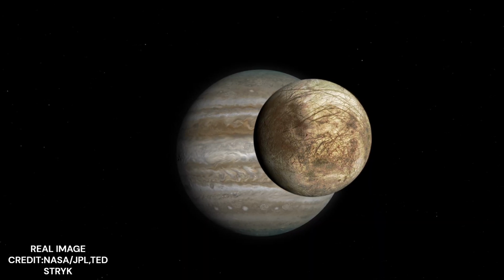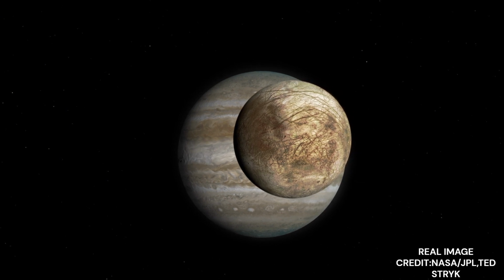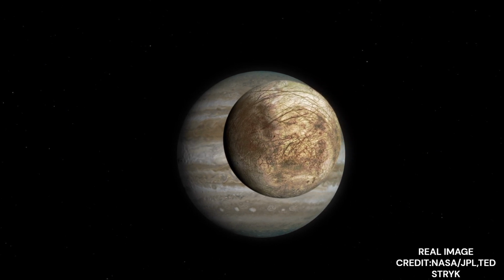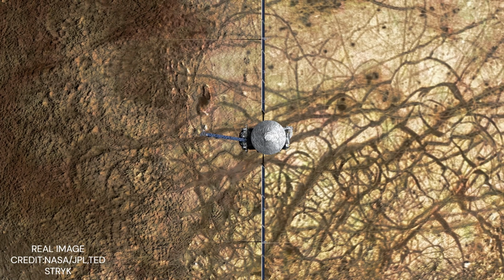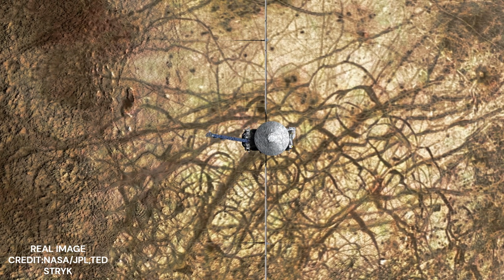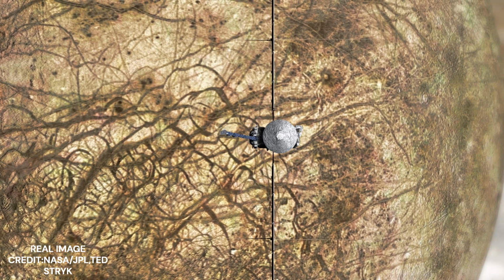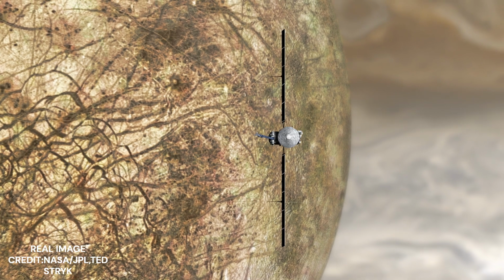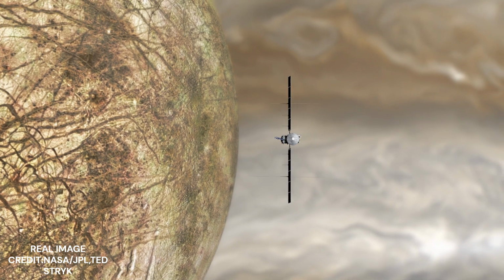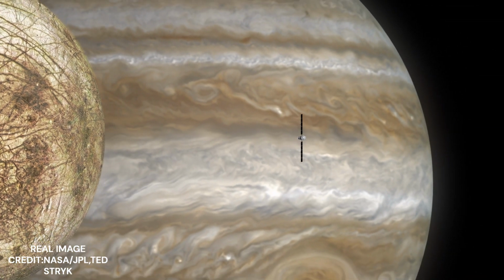To uncover Europa's secrets, NASA's Europa Clipper will embark on a groundbreaking mission. Instead of landing, the spacecraft will perform nearly 50 close flybys, coming as close as just 16 miles above the icy surface. Each pass will scan a different region, helping scientists map almost the entire moon and gather the most detailed measurements ever taken. With every orbit around Jupiter, Europa Clipper will bring us closer to understanding whether this frozen